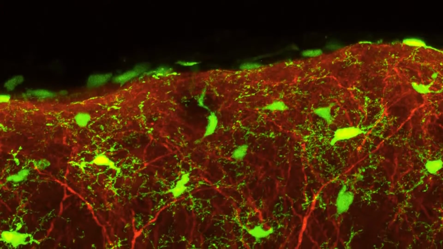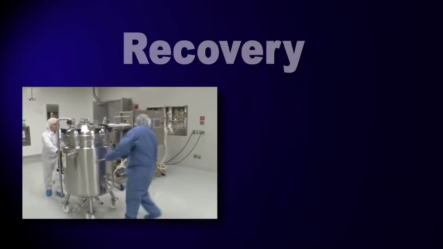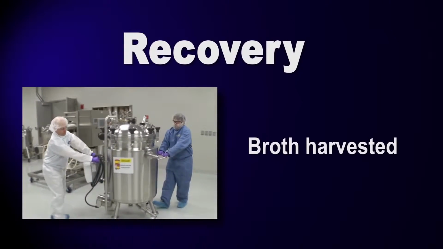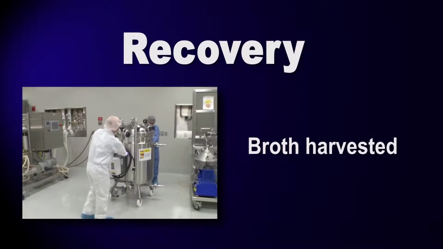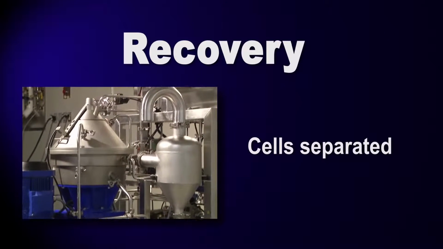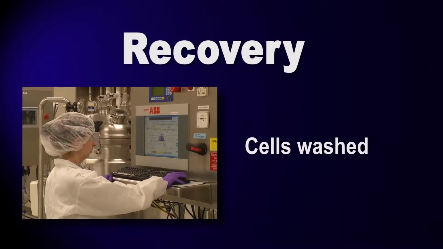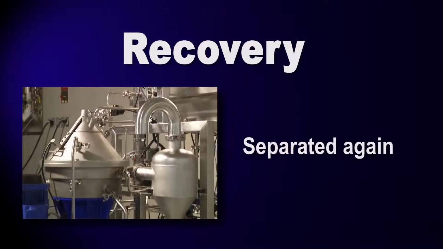So how does recovery work, and how does it fit into the total production flow? Here's a very basic overview. After fermentation is complete, the broth is harvested and sent to recovery. Here, the E. coli host cells are separated from the liquid broth, then suspended in a new solution to wash the cells, separated again,